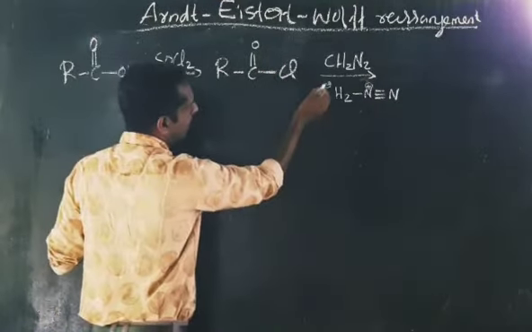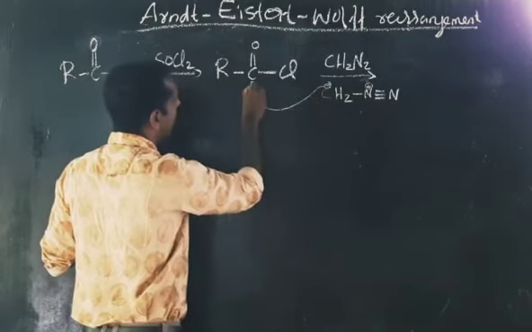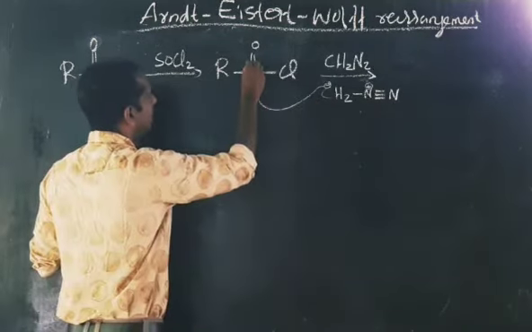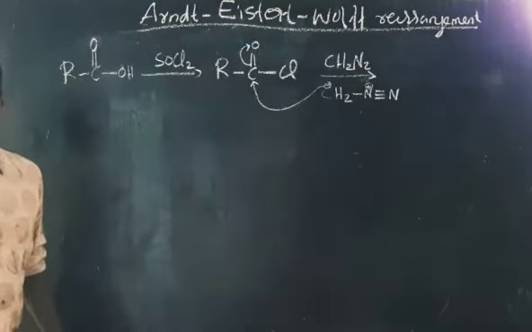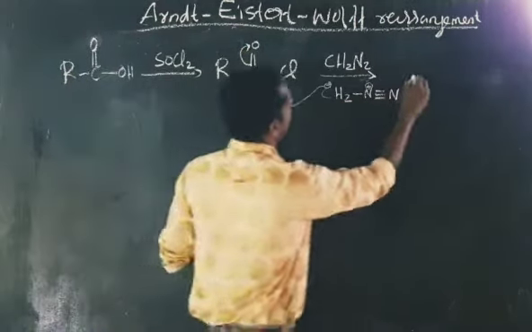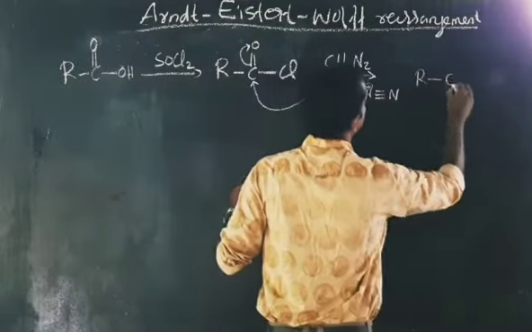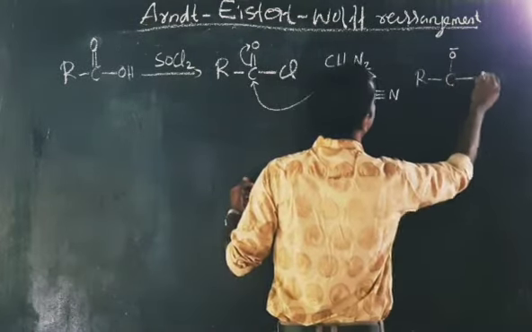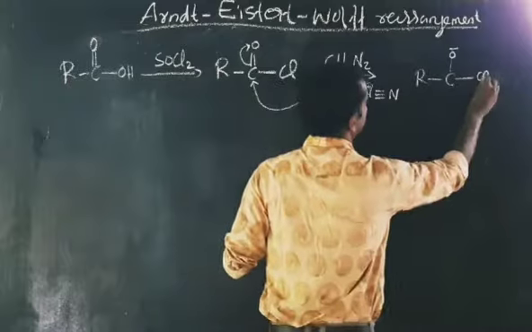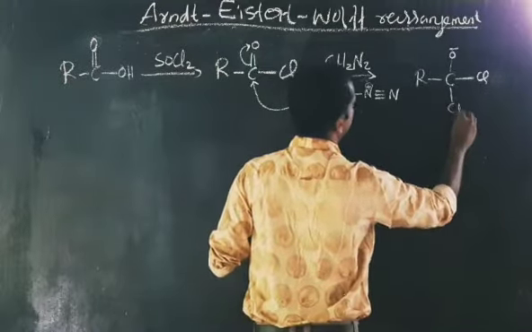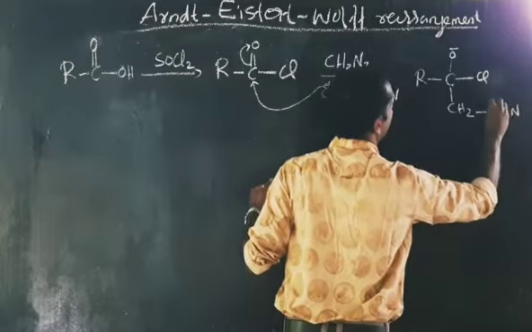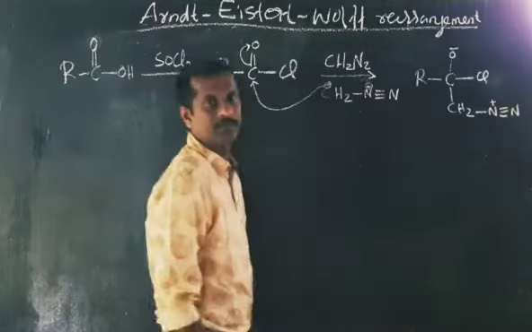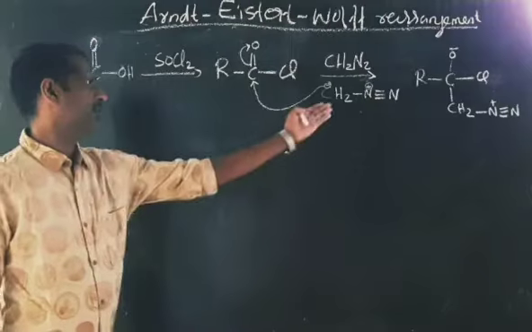Now you look at here, this is a CO carbonyl group, a polar group, and here it is negative. This ion is attacking on this carbon, and what will happen? This bond is migrating to this oxygen. Clear? And you are getting the structure like this: R, C, O minus, here it is Cl, and here it is CH2, N, triple bond N, of course it is positive. No doubt, very simple step.